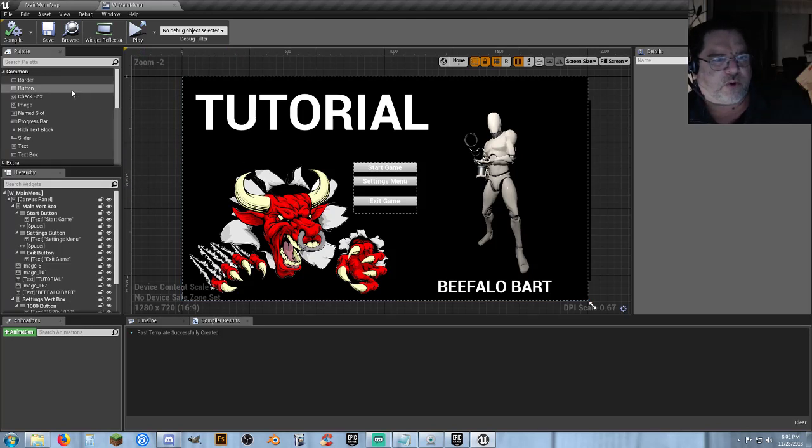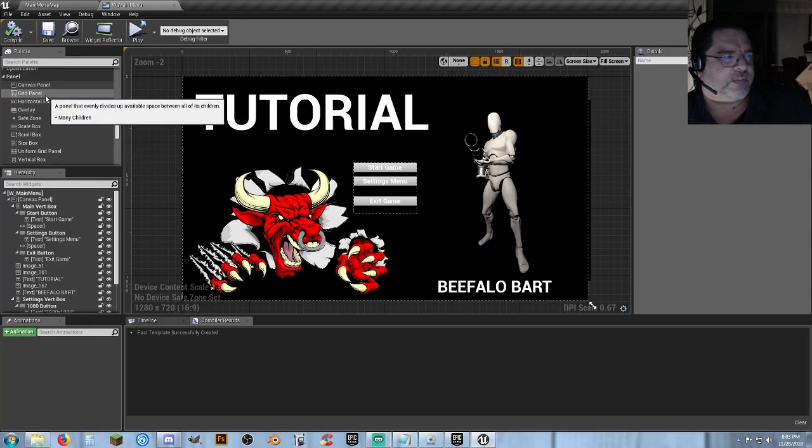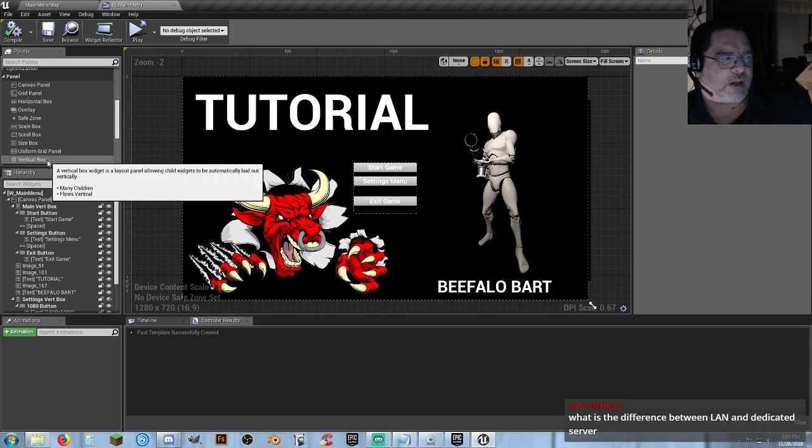The creation process of your menu with widgets, there's just so much you can do. I mean, grid panels, you can set up a full grid panel and say what size grids and what goes in what grid. And you know, when you're using vertical boxes, you can add,